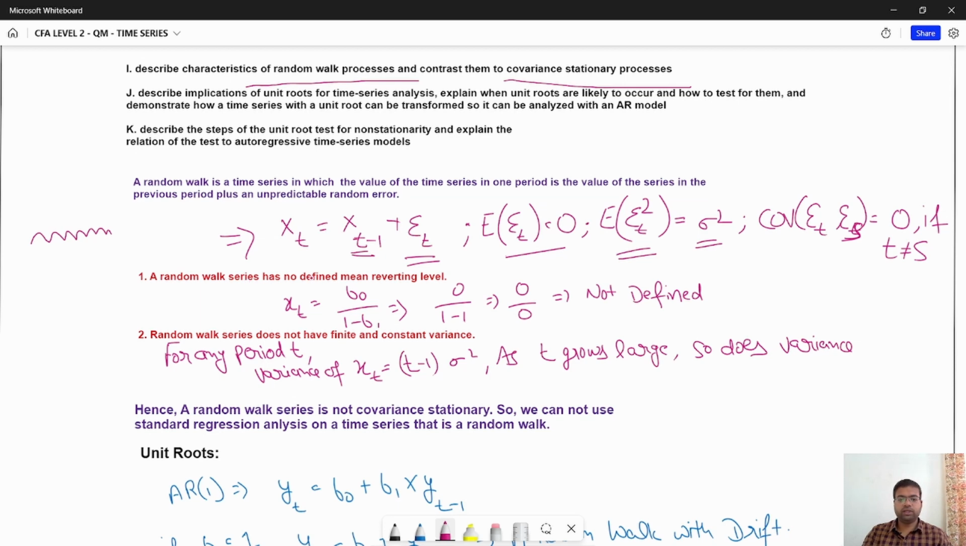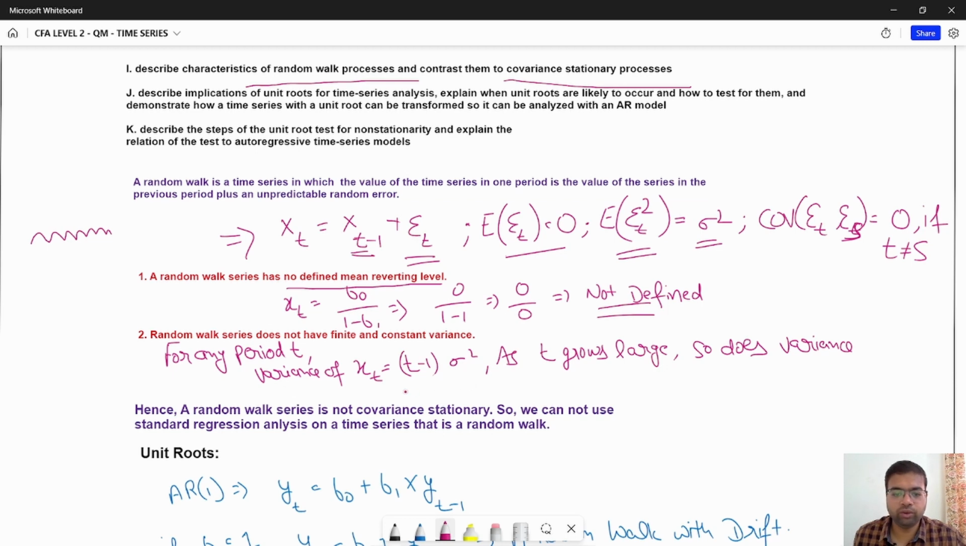A random walk series has no defined mean reverting level. The random walk has no mean level. We know from the AR1 model that the mean reversion level of xt is equal to b0 divided by 1 minus b1. In this case, b0 is 0 and b1 is 1. The slope coefficient of the previous lag term is 1 here. So the mean reversion level comes at 0 by 0, which is not defined in mathematics. So a random walk series has no defined mean reverting level, and the variance of a random walk increases